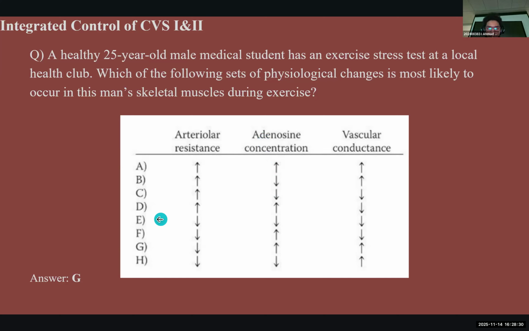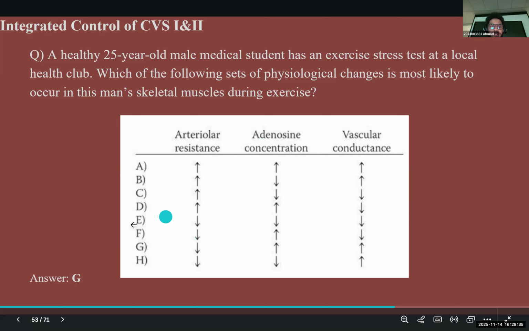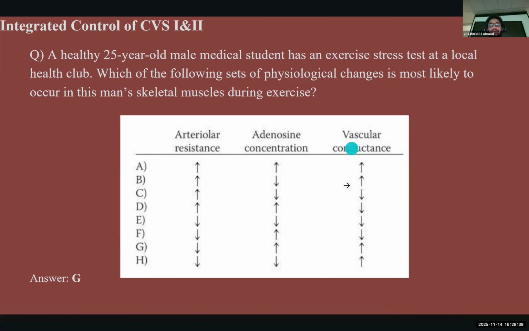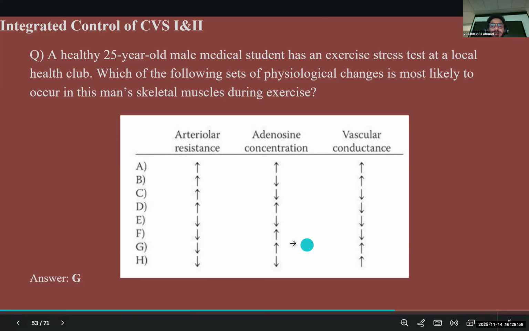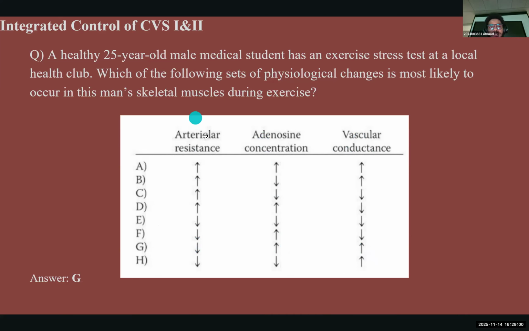For now, we're left with which options? We're talking about F and G. We could eliminate E and H. Now, F and G, the last thing is vascular conductance. So we're talking about the veins. What's going to happen in the veins? Conductance, compliance was its response to change. I think, if I'm not mistaken, conductance was its ability to allow the blood to flow back to the heart, as in venous return. So the vascular conductance is going to increase. That's why the answer is G.